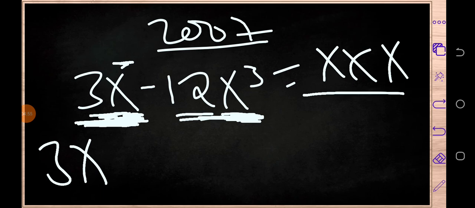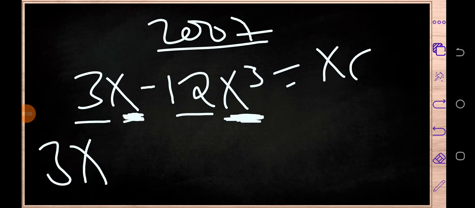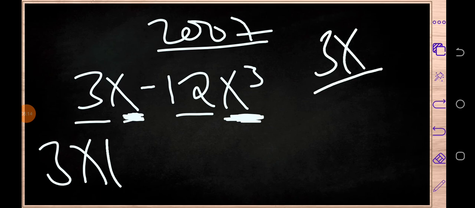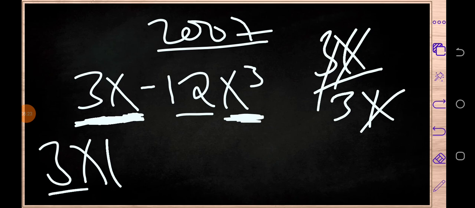Okay, so having done that, we are going to open the brackets, and here we are going to say 3x divided by this 3x, which is right over here, divided by this 3x. This one will cancel with this one. Also, this one will cancel with this one, and what we are going to have is just 1. Then